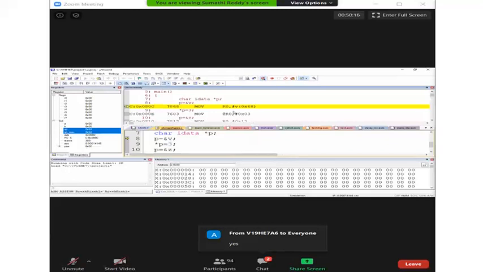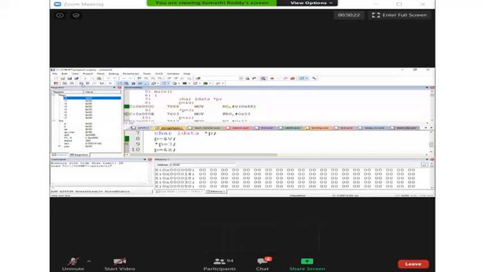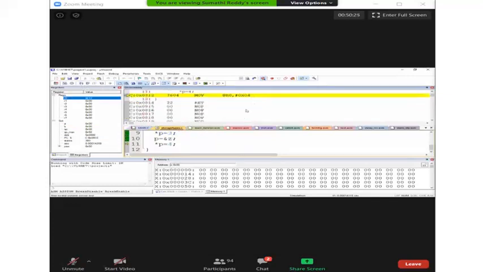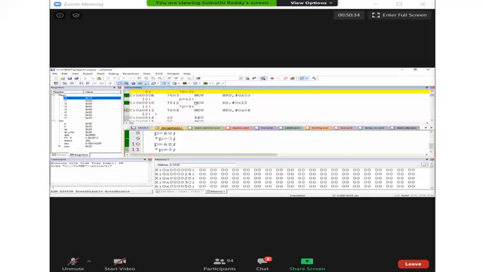See here. The first one will point properly because that is an internal RAM variable. Later on, you can easily guess, when you are pointing with the help of P to Z, Z is in the external RAM. So when you put something with star P, it should copy into the external RAM or not? Yes. When it is writing into the external RAM, you know that MOVX is mandatory. Is it or not?